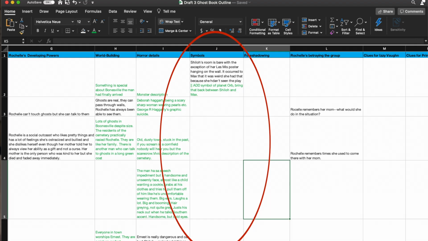You don't need to have a symbol for everything, but having a couple of symbols about the really important things makes your book a little bit more artistic and kind of clever. It helps more effectively drive the message of the book home. I recommend adding a column in your outline just dedicated to symbols. That way you can include all of your different symbols and figure out where you're going to mention them throughout your book. That brings me to my next tip for writing third drafts.